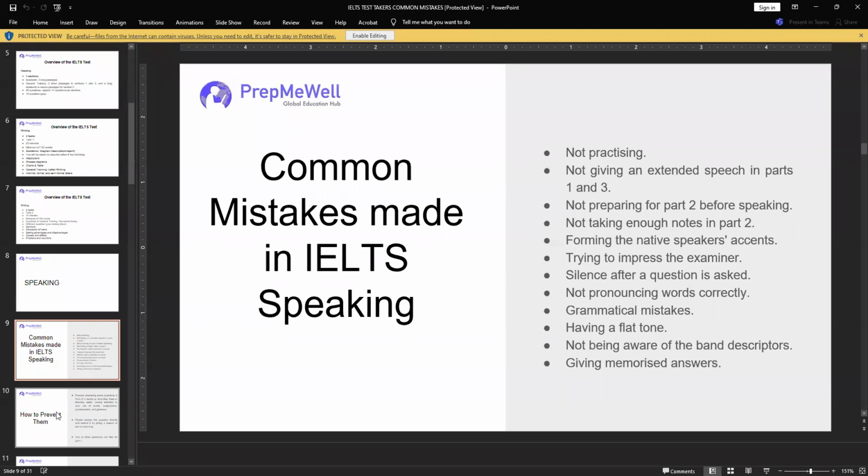And then another common mistake is silence when a question is asked. Even if you don't know the answer, like if the question came and threw you off guard, don't go quiet on them, right? Maybe they ask you, okay, what's the difference between a restaurant and a cafe, right? Maybe you're not too familiar with that, and instead of going quiet on them, you could just say, okay, the difference between a cafe and a restaurant. You could even rephrase the question, like, oh, do you mean